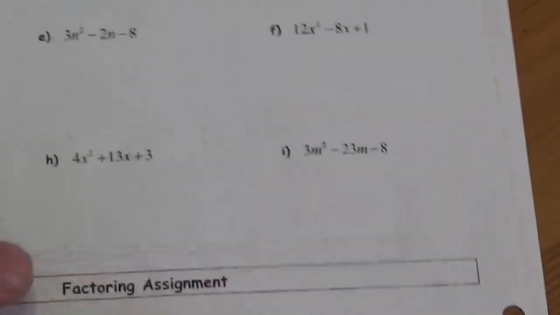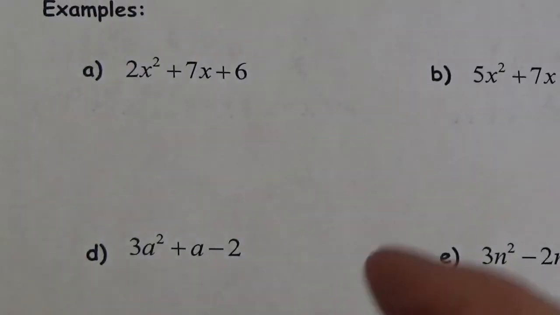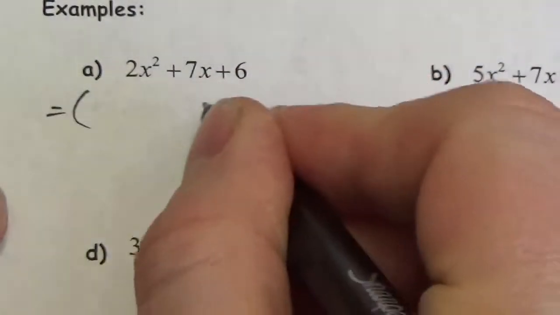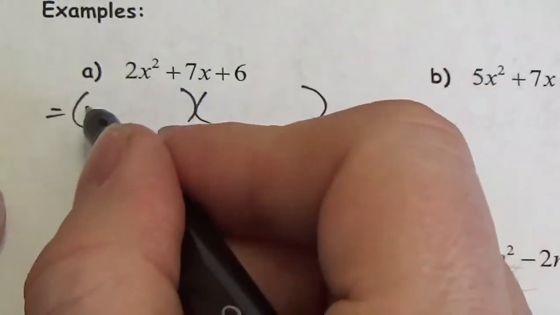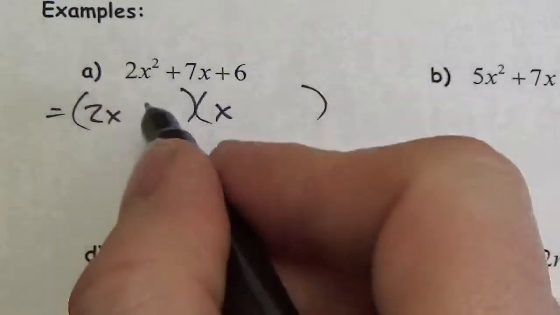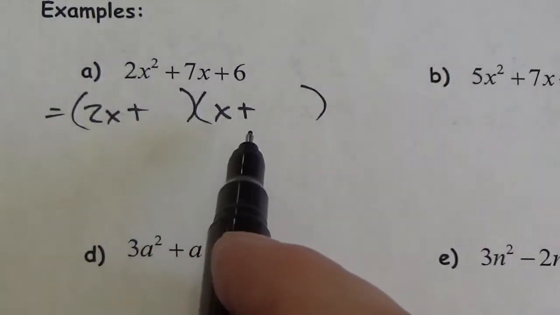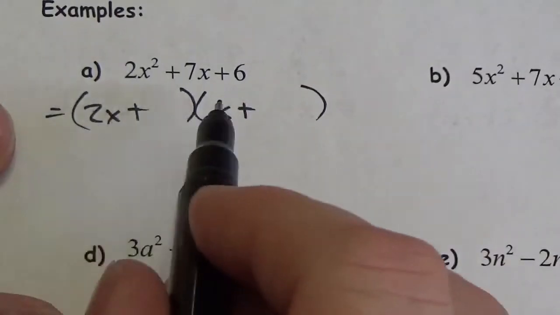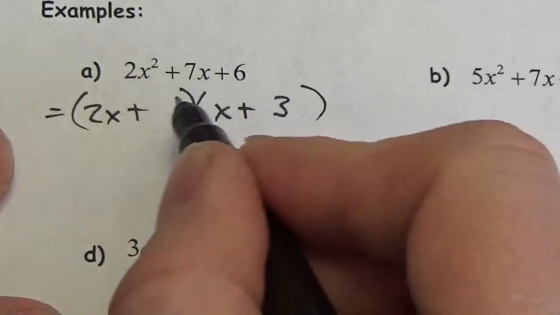Okay, now let's try some more examples up here. We'll zoom in a little bit. Okay, so here we go. 2 is prime, so it's going to break apart into 2 and 2. Because this is positive and this is positive, this is going to be positive and positive. Okay, and actually we just saw this pattern, so I already know that if the factor here is 6 and this is 7, I already know that this has got to be 3 and this has got to,